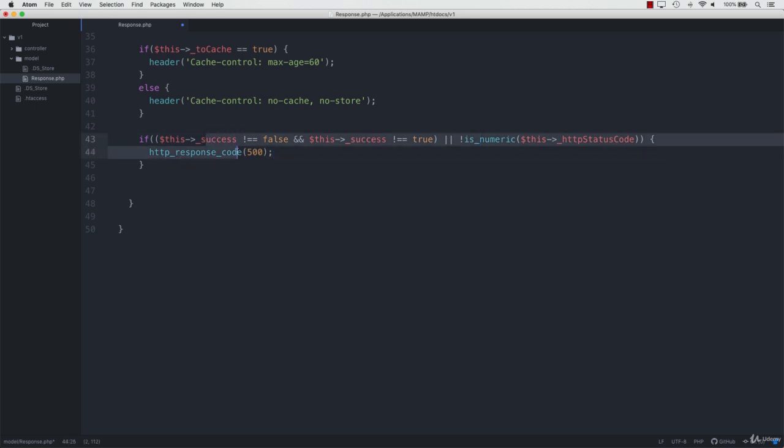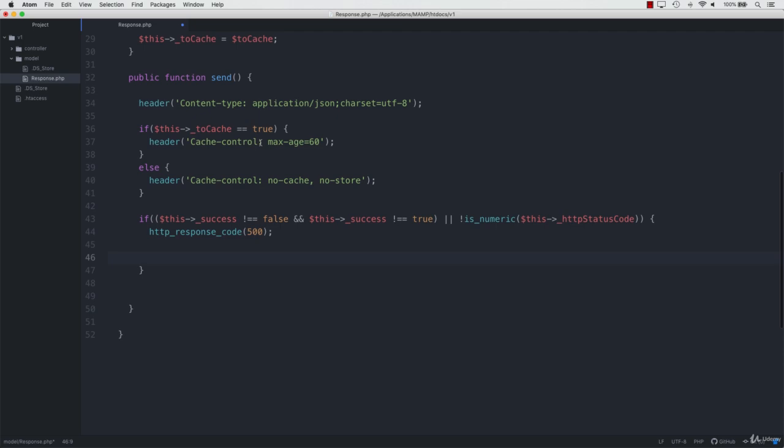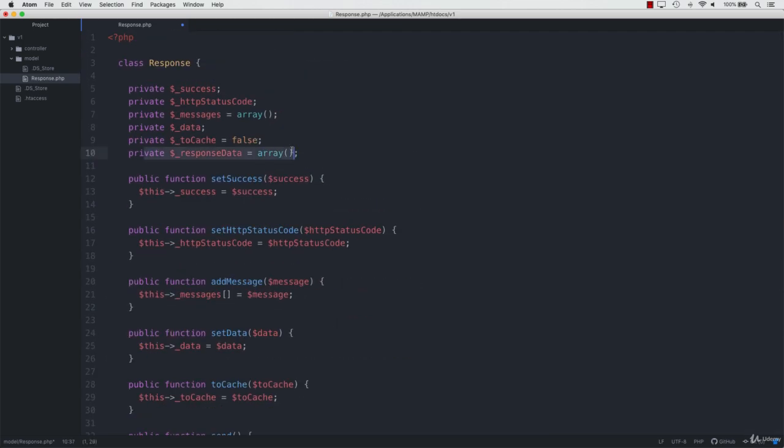So like I say, this handles the errors because we're checking to make sure that if it contains invalid data, then we carry these actions out. So getting back to the standard response, supply a response code of 500. Next thing we need to do is start building up, and I'll just scroll up, this response data array so